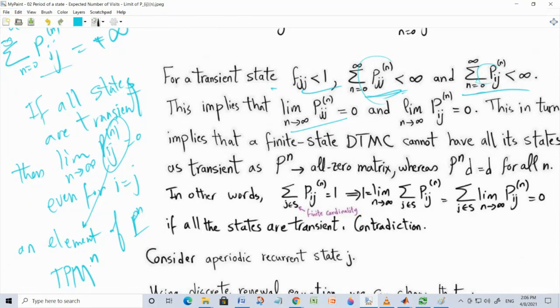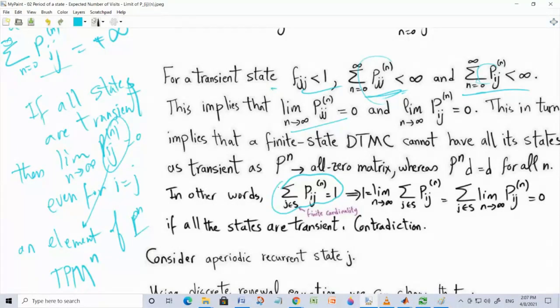The contradiction is that you are saying that every element inside the matrix will tend to 0, but at the same time, for every natural number n, P to the power n has the property that the sum of the elements in a row, basically this summation, is equal to 1. Okay, so this is given, and I think you have a problem in the current homework to show that a Markov